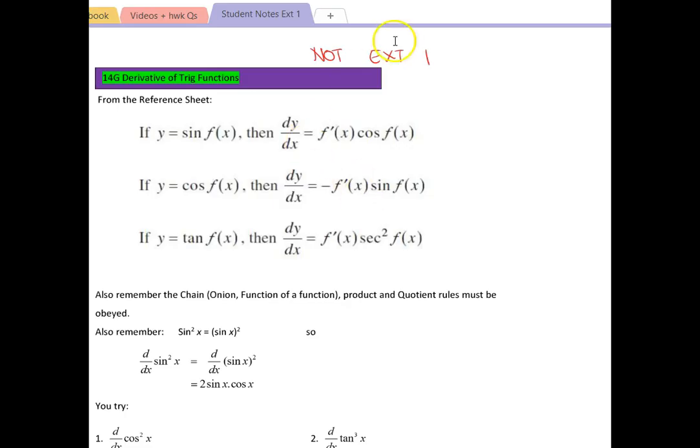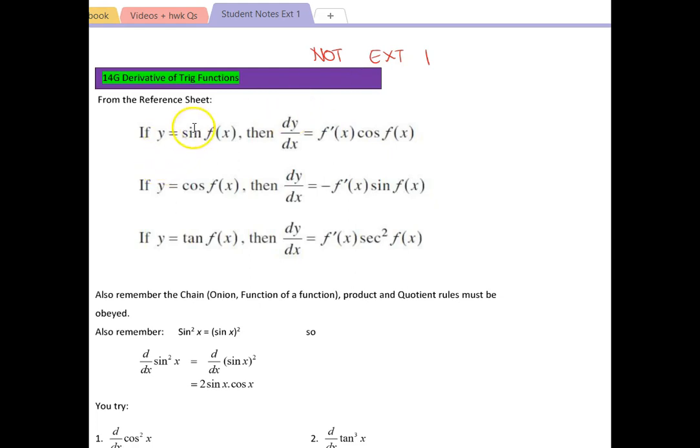So a couple of things. Be aware that although I've got this in extension 1, this concept, differentiating trig functions, is not exclusively extension 1, this will appear in the advanced maths course. And it really is just a matter of learning these. Now,